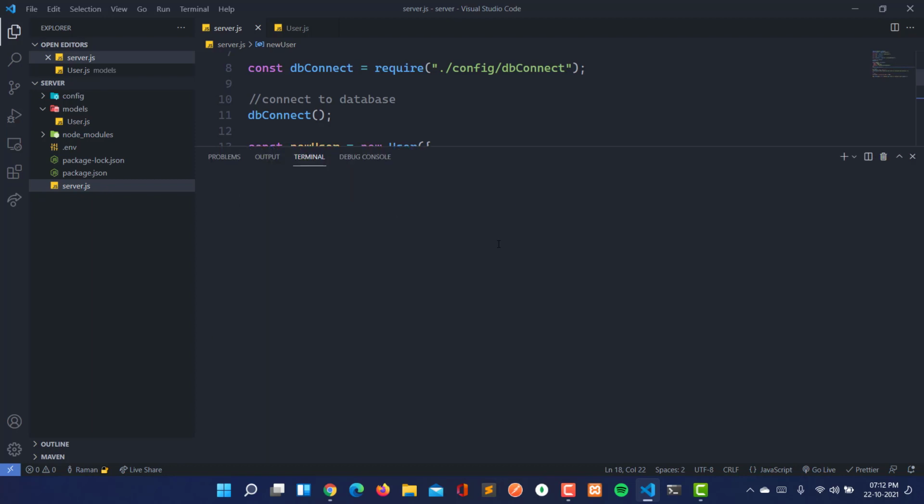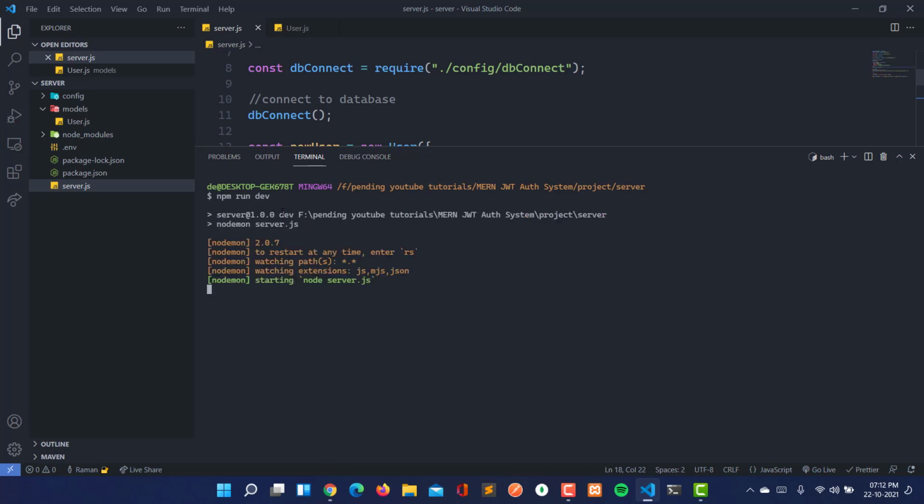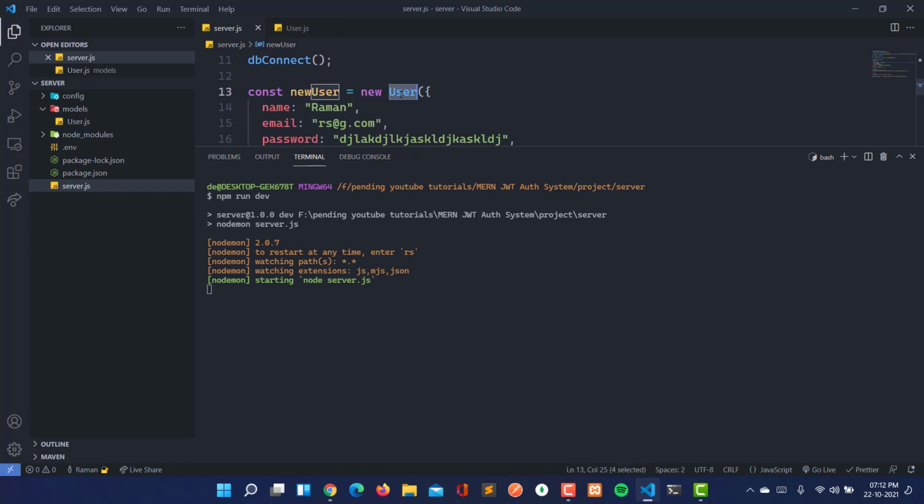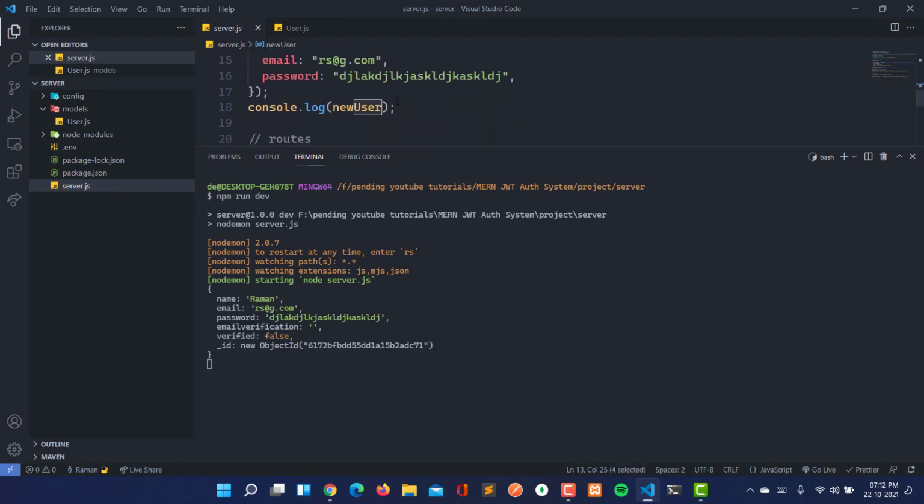Now let's run this. I'm going to run npm run dev, as in the dev script we have nodemon running. Here we should get the object for our data from the user model. So let's see.